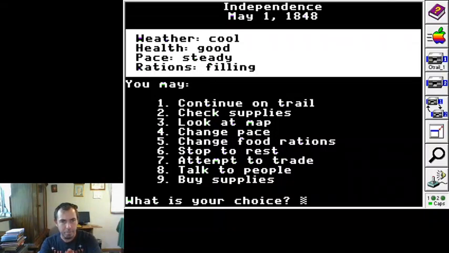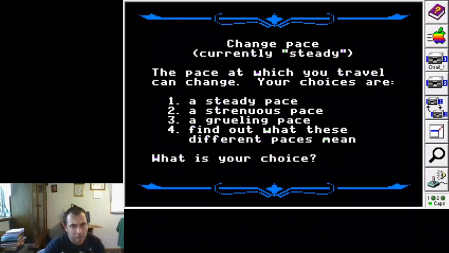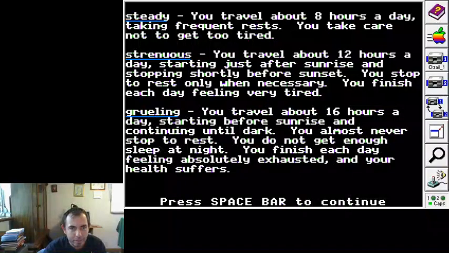Let's look at the pace. You can find out what each of these different paces mean.